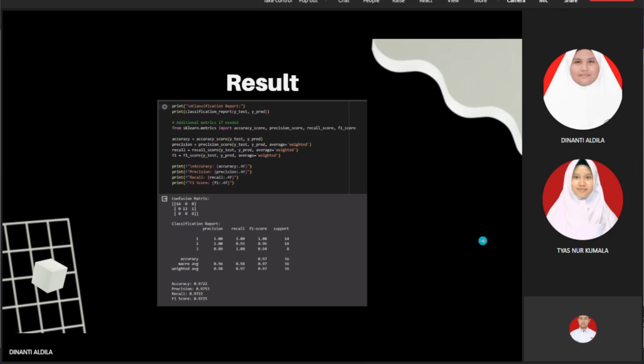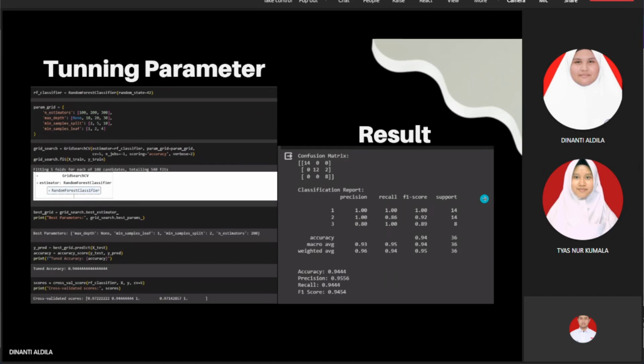And then we do the tuning for the random forest. After the tuning process, the accuracy of this model actually decreased. So I believe there is some overfitting going on. This could be because the tuning process could not find a better combination of parameters than the initial setting, perhaps because the model is overfitting in the first place, like I said. And the decrease in the precision for class 3 and recall for class 2 shows that the model is less able to recognize these classes correctly.